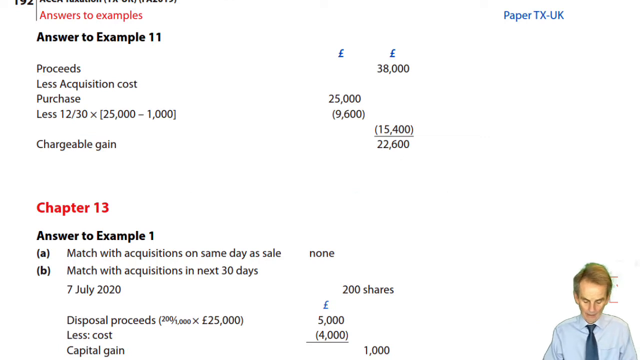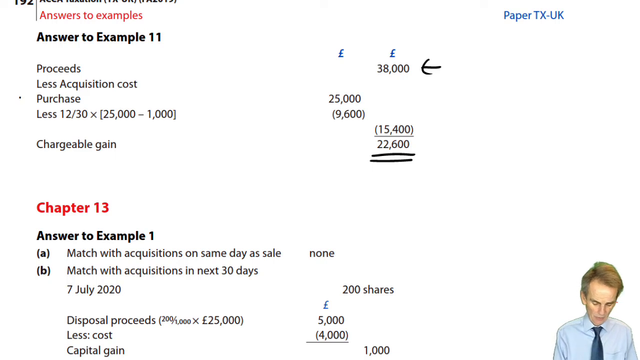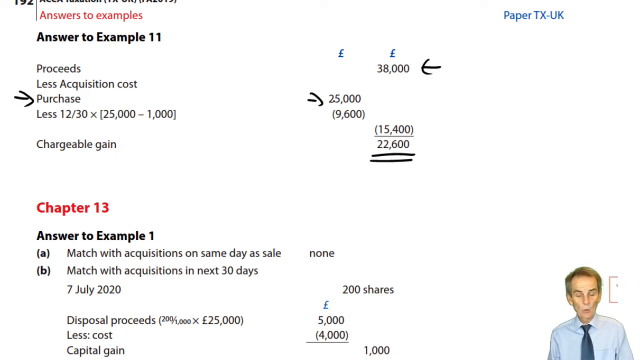Okay, well, hopefully, therefore, no problems with our calculation of what turns out indeed to be a chargeable gain, if my math is correct anyway, £22,600 worth. Where does it come from? We know the sales proceeds, £38,000. If there were selling expenses, you would deduct those as normal to get net proceeds. Less acquisition cost. We know the original cost was £25,000. We then need to reduce that by